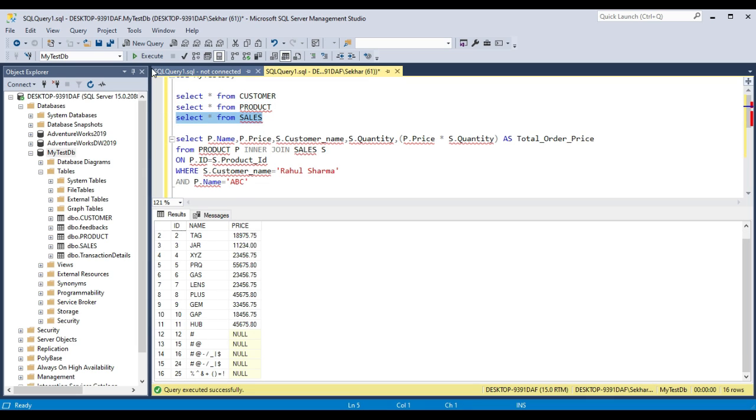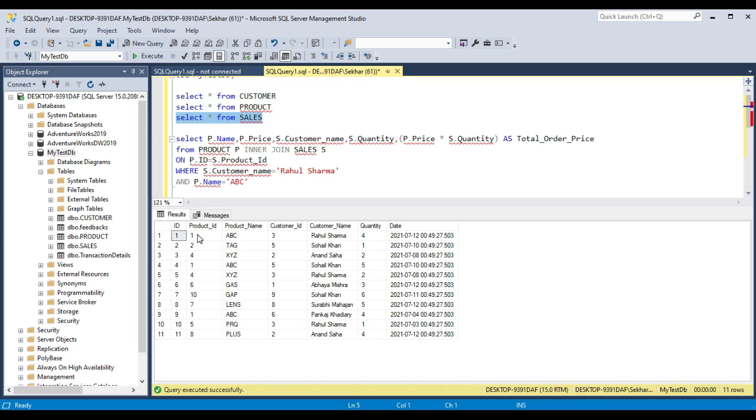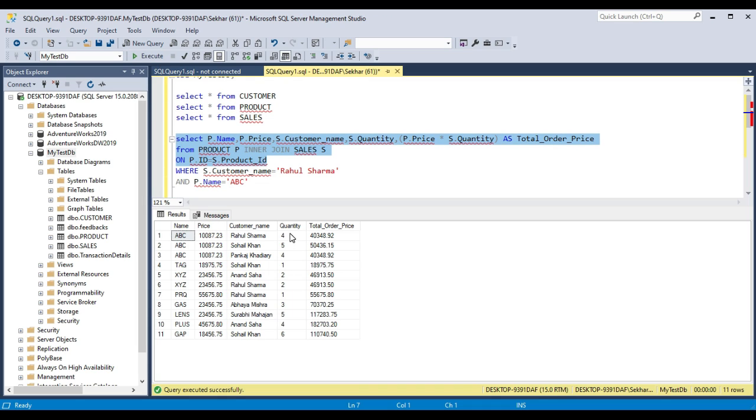In the sales table you see there are only a few product IDs, not all the product IDs are there. Okay, so if you are taking a join, it will give the records for those product IDs which are present in both the tables. Got it?